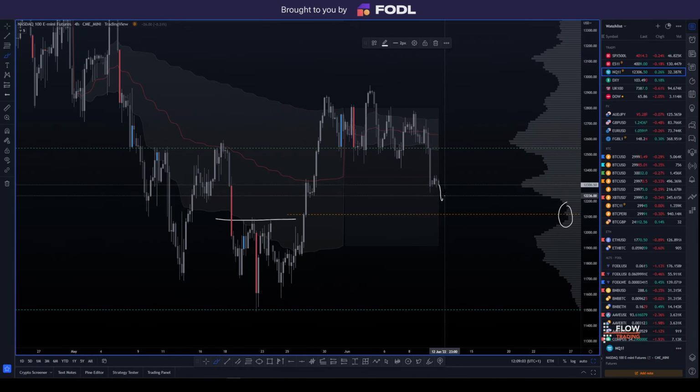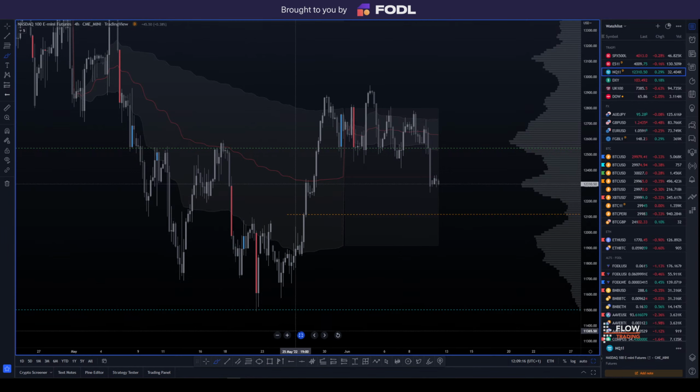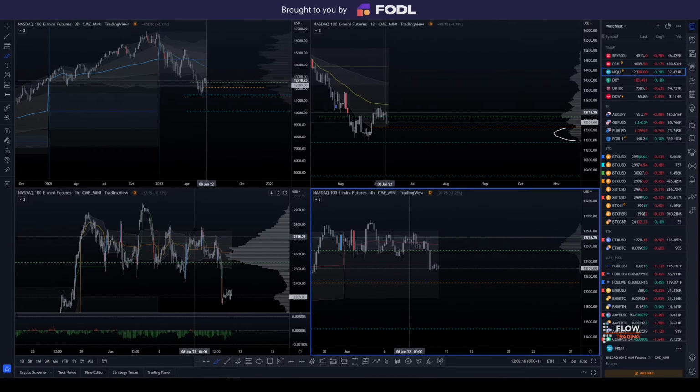So we could potentially see just a retest of this area here and then go higher again. But I don't know how it's going to happen and how violent these moves are going to be. So again, like I said, it's potentially better just to stay on the sidelines and just observe this, unless you're a degenerate and you really like trading volatility. So anyway, with that in mind, you got some levels there that could potentially